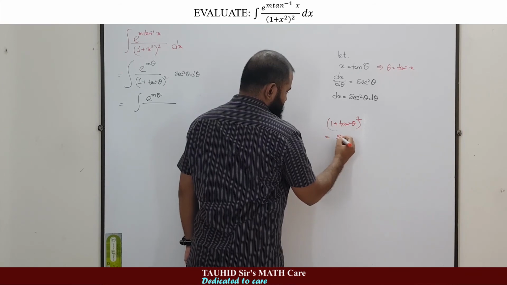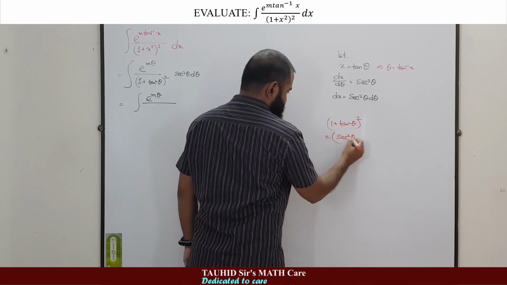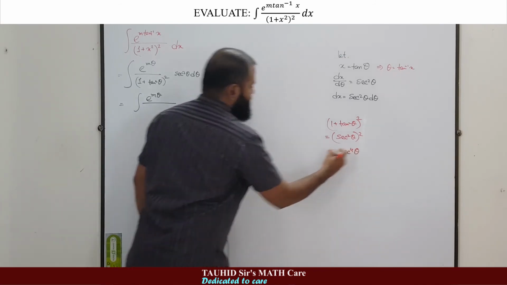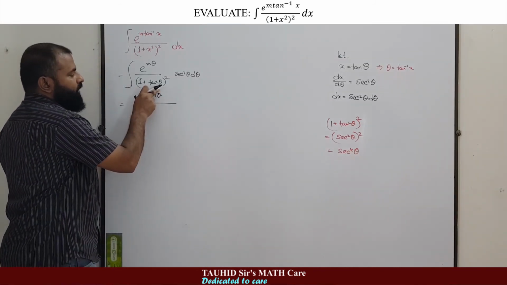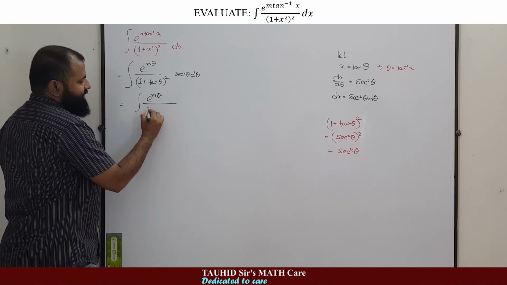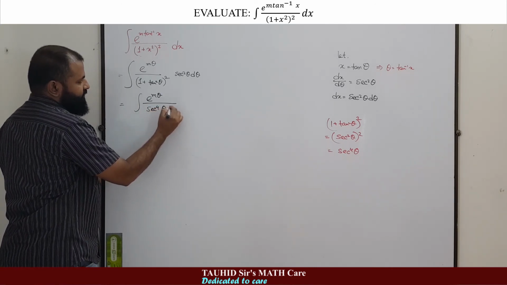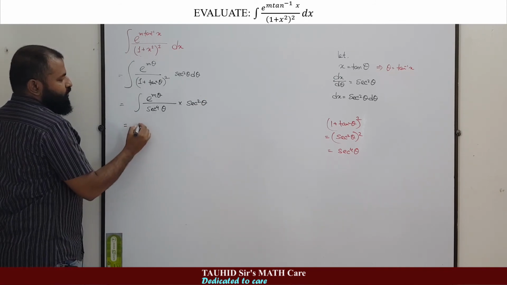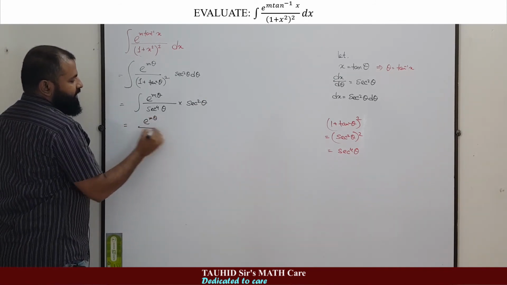1 plus tan square theta means sec square theta whole square, equal to sec to the power 4 theta. So in place of 1 plus tan square theta, we will write sec to the power 4 theta multiplied by sec square theta, equal to e to the power m theta divided by